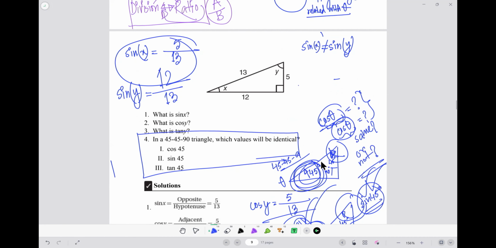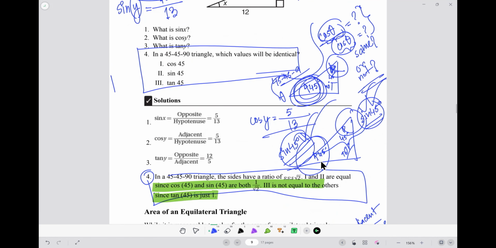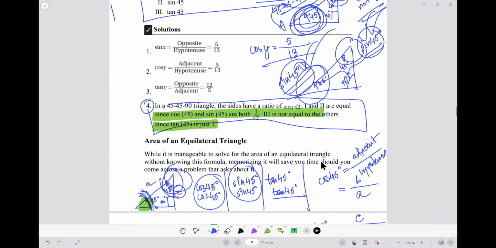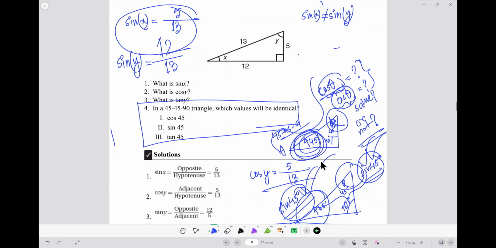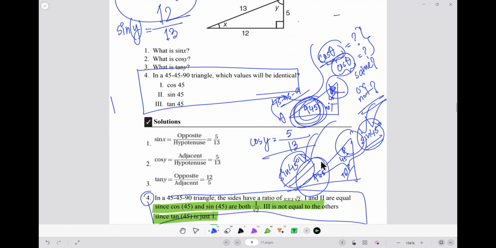I'll just draw a triangle. I just told you what to do. At least if you don't understand, you just need to tell me that you're not understanding. The very first thing that I have done is that I have just drawn a right triangle. This is 45 degree, this is 45 degree, and this is 90 degree. And then